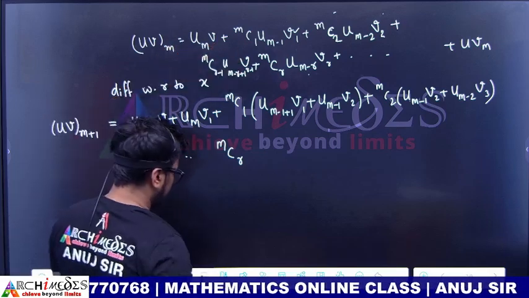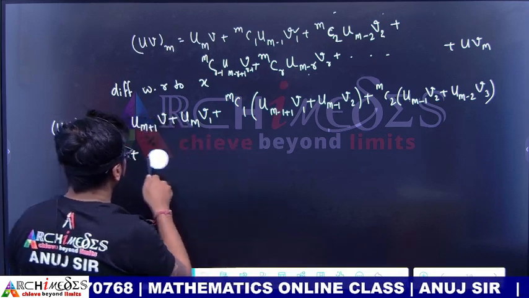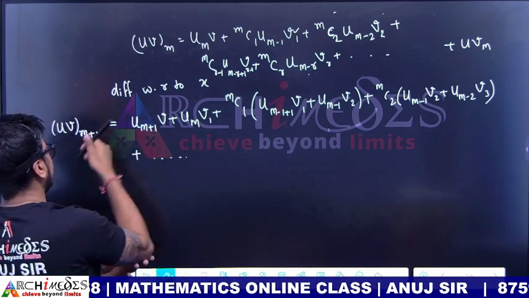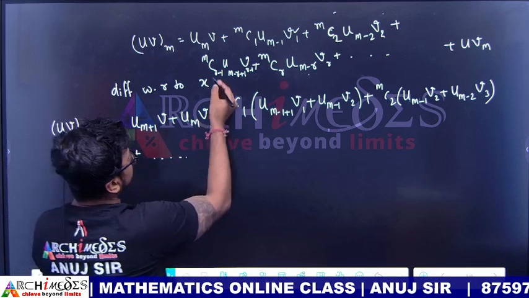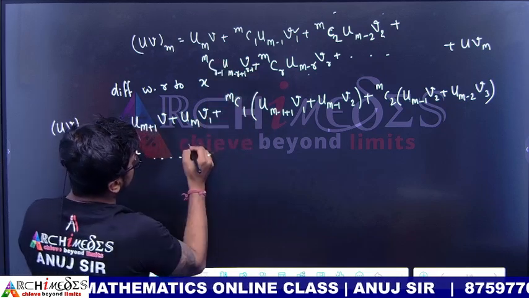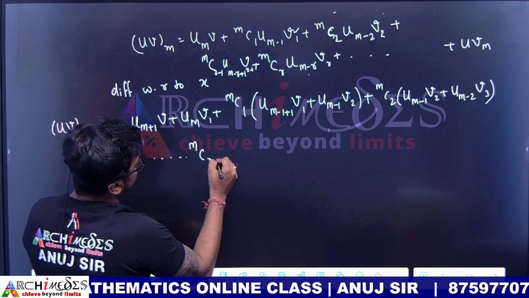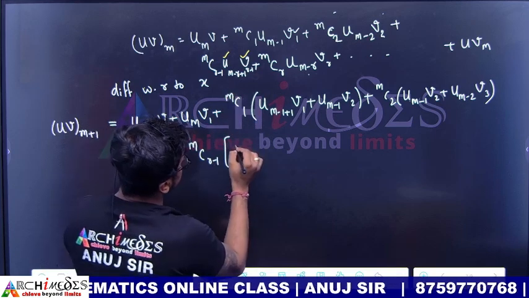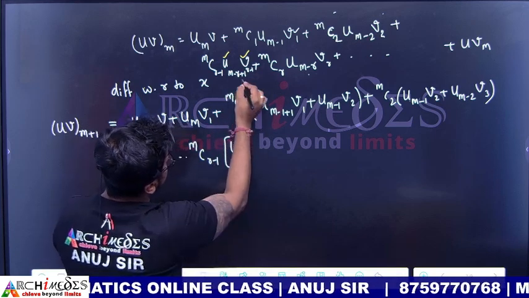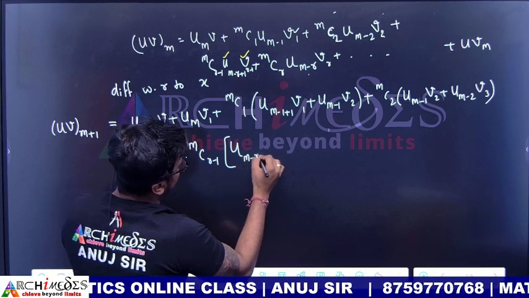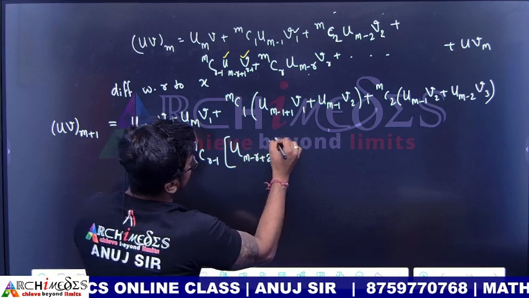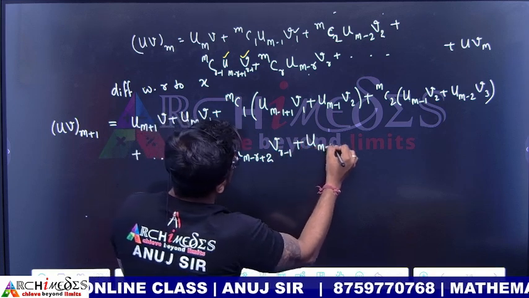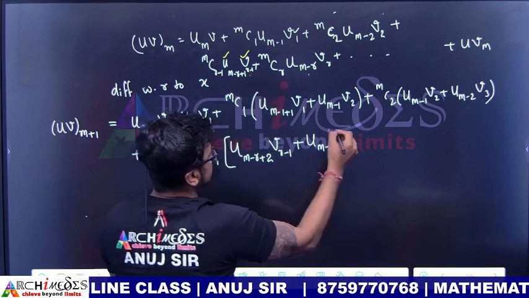Clear? So look over. Because we are proving with the help of mathematical induction, we have to create the same series. If it is m plus 1, you have to prove each and everywhere it is m plus 1 only. So if I take mC(r-1) common over here, I am applying u into v. So what is u into v? Again check it. When I differentiate u, it becomes u^(m-r+2), then v^(r-1) as it is, plus u^(m-r+1). When I differentiate this, it becomes v^r only,